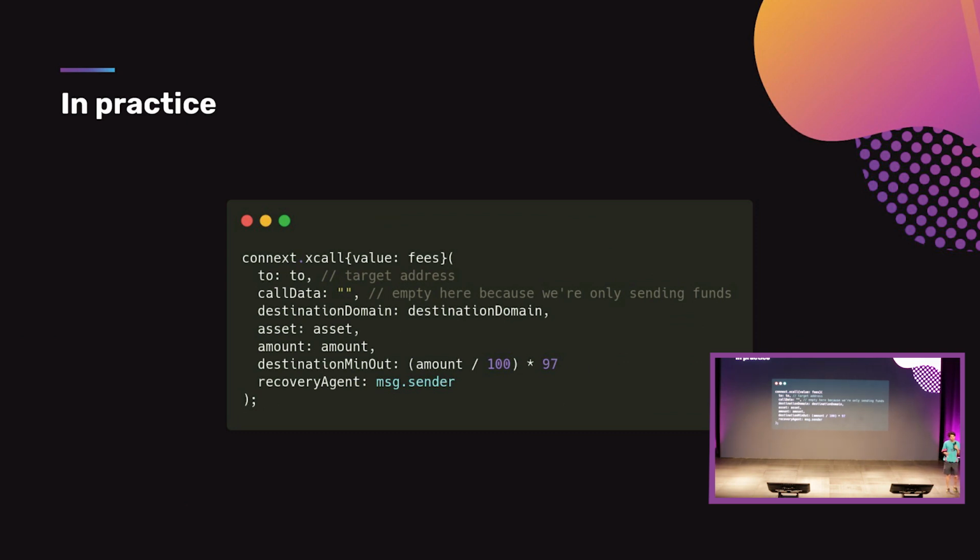In practice, it's actually quite simple. And this is the goal. We've been very, very neurotic about trying to minimize the additional changes that developers need to make to interact with this infrastructure. The goal is if you can eventually get to the point where xcalls are a low enough level primitive that they work exactly the same way as calls, developers don't really need to change their patterns. Users don't really need to change how they think about interacting with applications. And all of the supplementary infrastructure in this space still functions. But we've been able to make the transition from this synchronous world where everything lives on a single chain, this monolithic world that we live in today, to this more interesting asynchronous world.